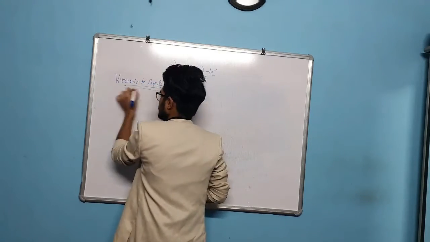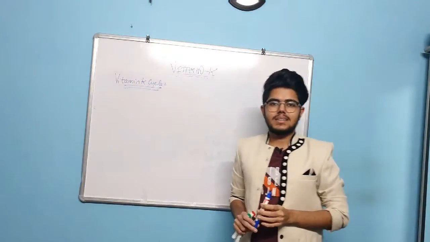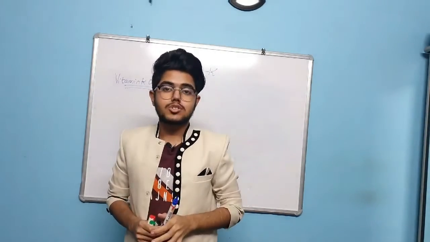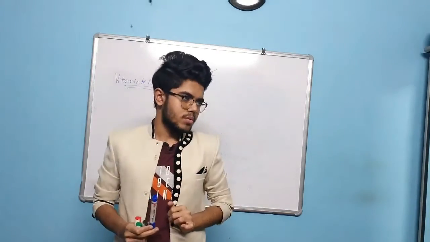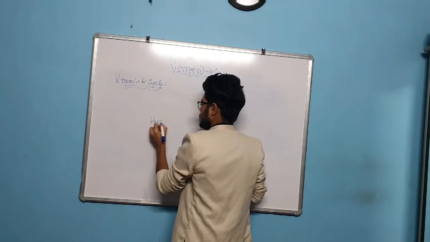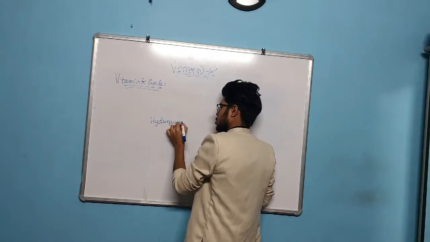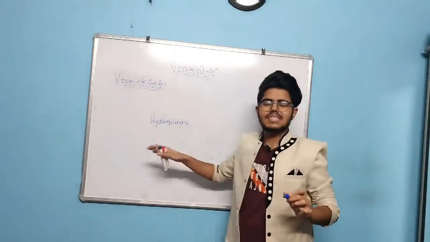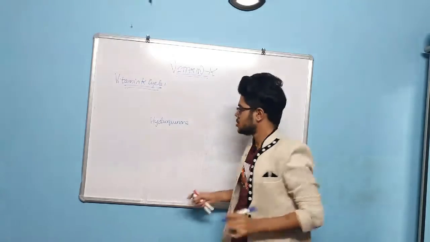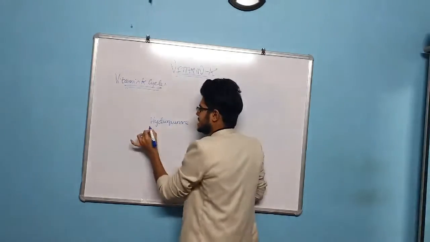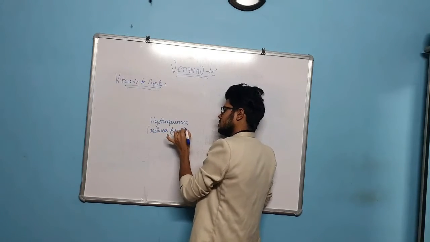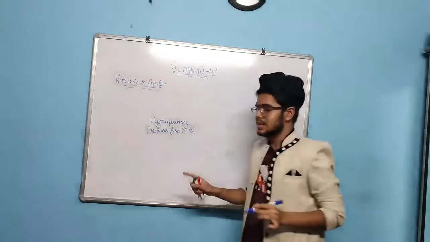Okay, so here from the small intestine, the vitamin K, it is in the reduced form, that we know. Now the reduced form of vitamin K is called hydroquinone. Okay, so I am writing it as hydroquinone. Remember, it is not necessary to write the chemical structures. It is enough if you write the words alone. Okay, so the hydroquinone, which is the reduced form of vitamin K, this you have to write.